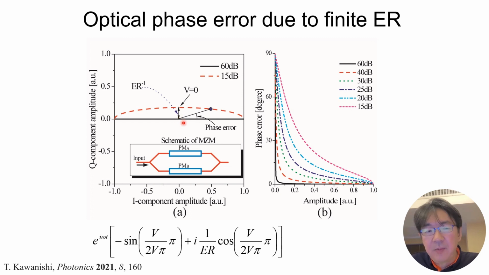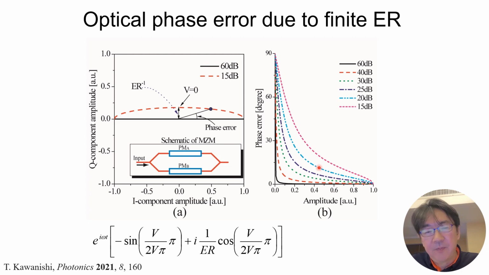On the origin of the complex plane, this is a special point. Always the phase error will be minus 90, but the intensity of the optical power is very small, so this part will be negligible. But if the extinction ratio is 20 dB, it has